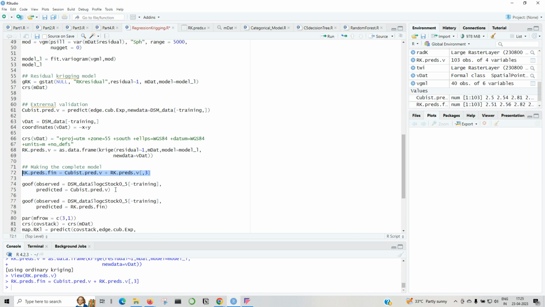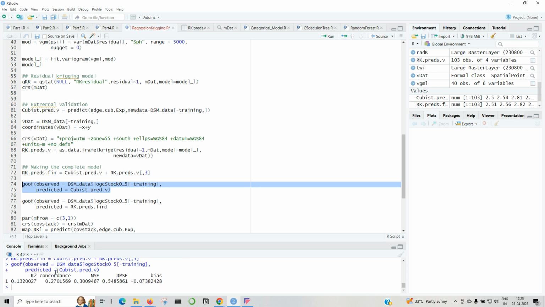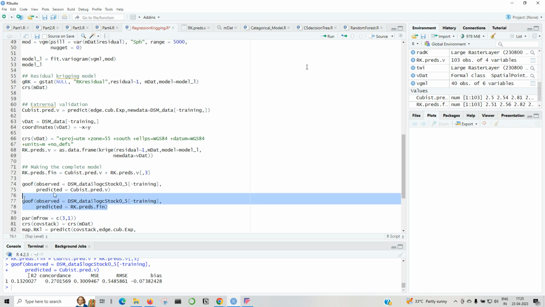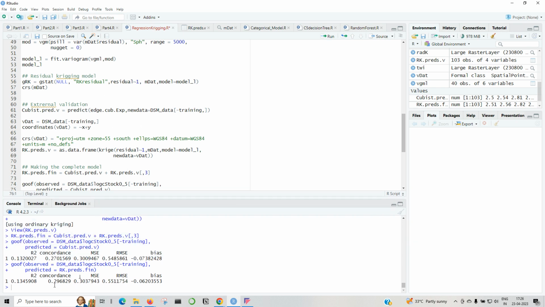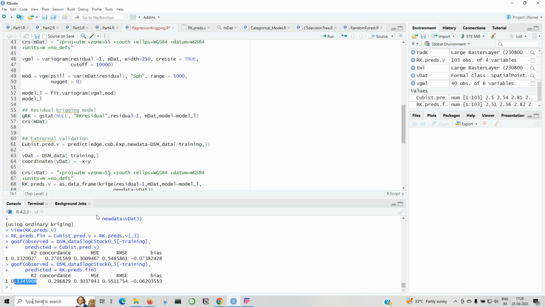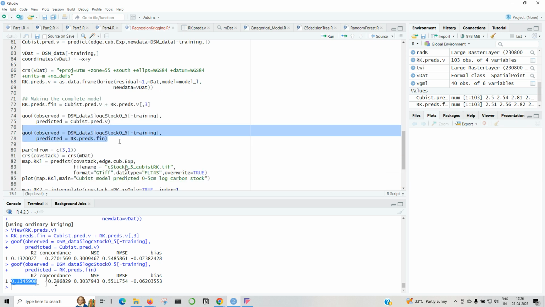And now we can check. What we are doing here is checking the goodness of fit if we had only fit our linear regression. So we have an r square value of 0.13. Let's see if we get any better value when we are using the Kriging method to fit the residues also. If you see here, we have not obtained much benefit. We can even say that for all the troubles we have gone through, we have not obtained a much higher r square value, and this model that we have trained is not very good in getting the value of C log stat